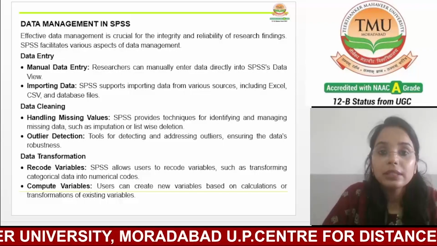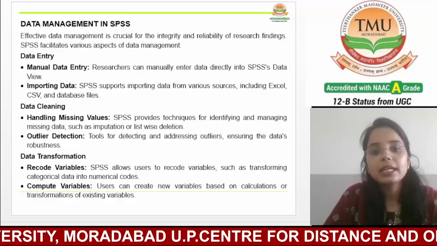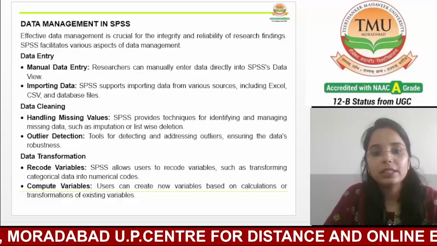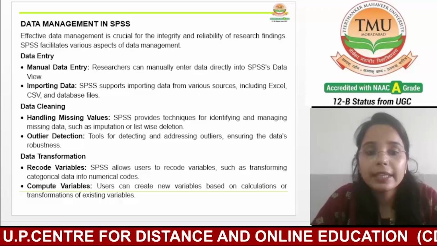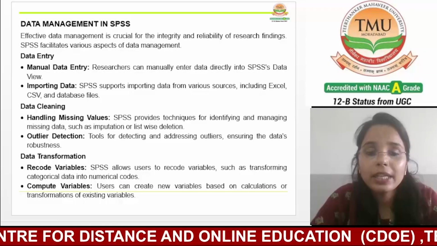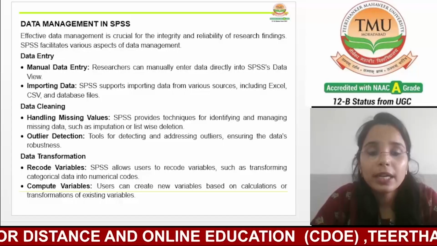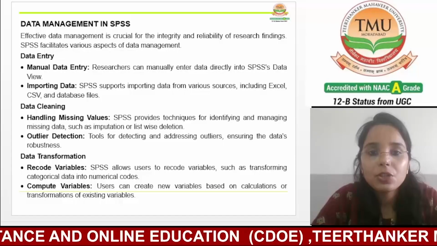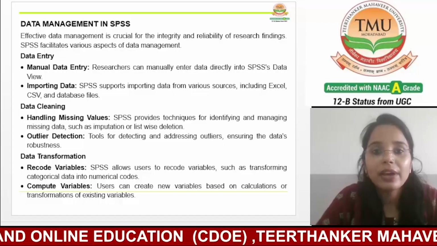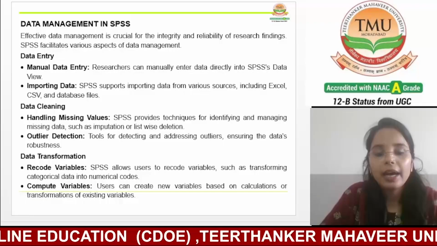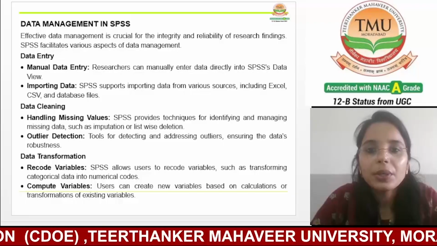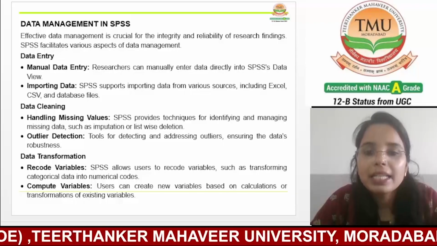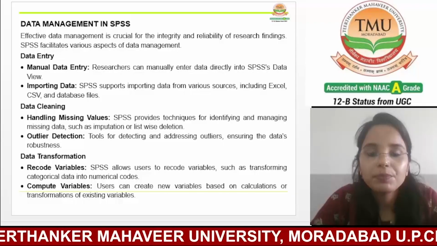Now, the second one is data cleaning in SPSS. Under this point, two points are mentioned. The first one is handling missing values. Sometimes your data set might have missing information.